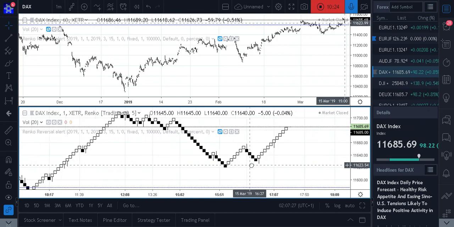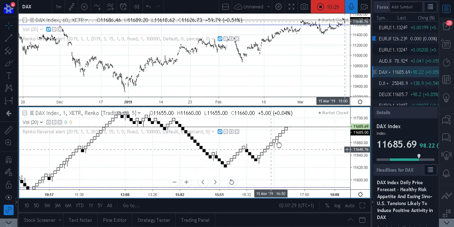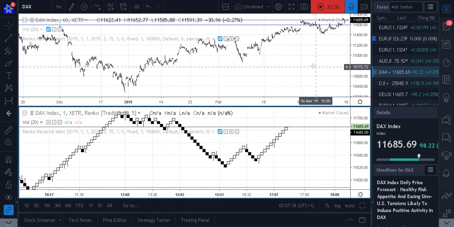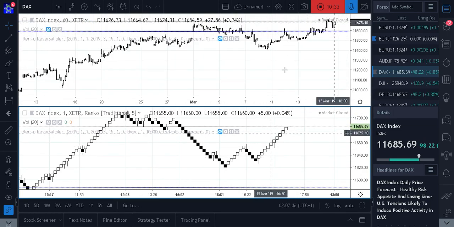So for example, you go long here and you simply follow it through and you hold it through because you see no reversals. Whereas if you compare this